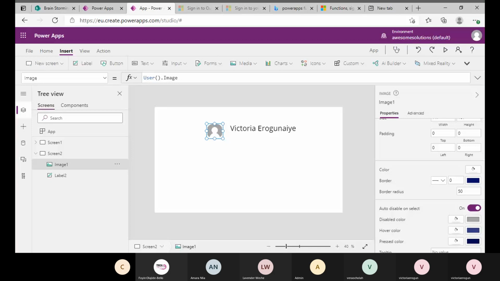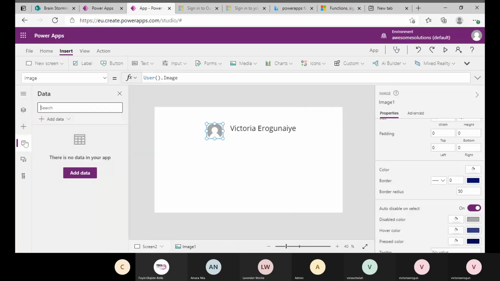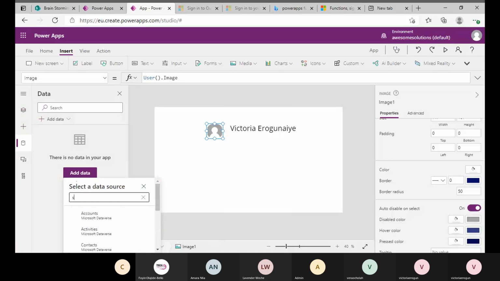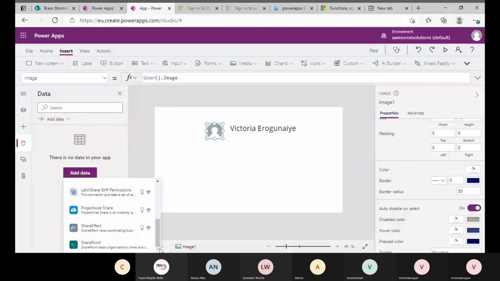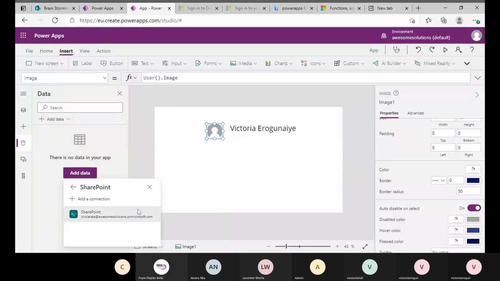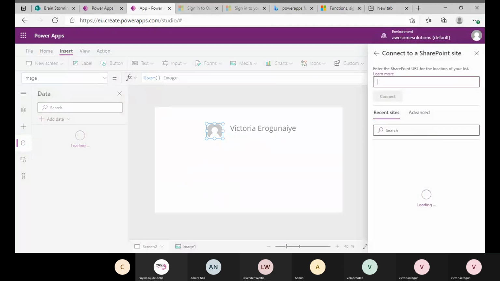So this is the User function. This is what it looks like. I would still try adding that data so we can see what the Filter function looks like. So let's add SharePoint. And I would also like us to take note of our questions if you have any, so that when we are done, we'll be able to